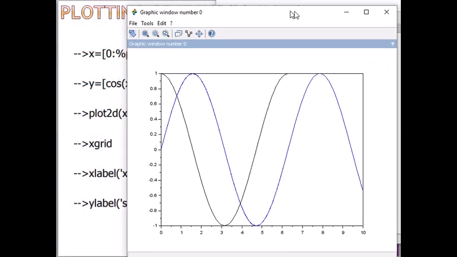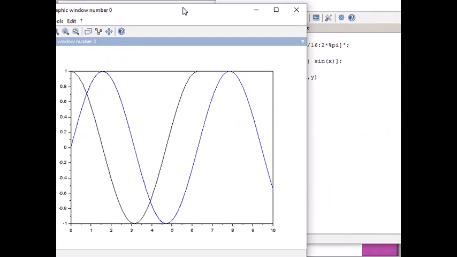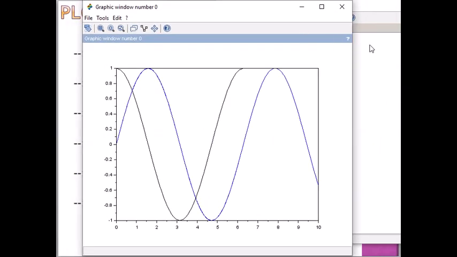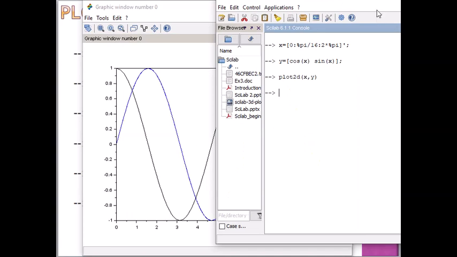Then we get such a type of plotting. Do you agree with that?